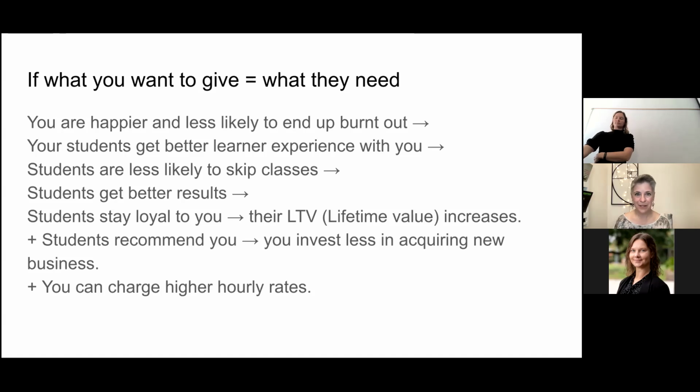Plus, they recommend you actively. So this word of mouth works, and this is the chance for you to invest less in advertising, in acquiring new business, new students. And last but not least, you can charge higher hourly rates, provided your students really feel